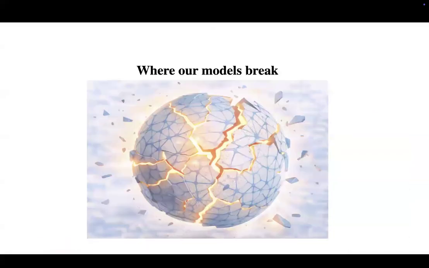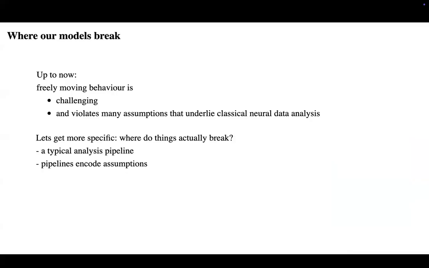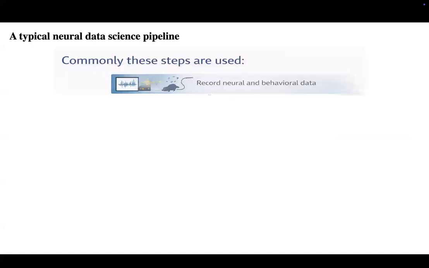And this is also where our models break. So up to now, I've just shown you freely moving behavior is challenging and violates many assumptions that underlie classical neural data analysis. Okay, but I would like to get more specific about where things actually really break. And here I want to focus on a typical analysis pipeline of a neural data scientist because I think that's a good example, because pipelines often also encode some assumptions. And now we can go through it step by step to understand which assumptions are still true in freely moving, and which are not. So a typical neural data science pipeline could look like, or often have these steps in there,